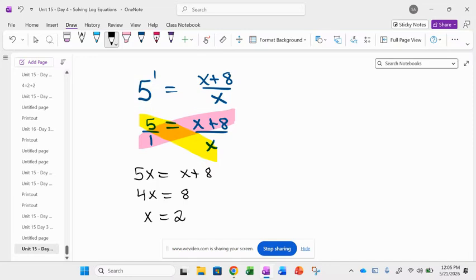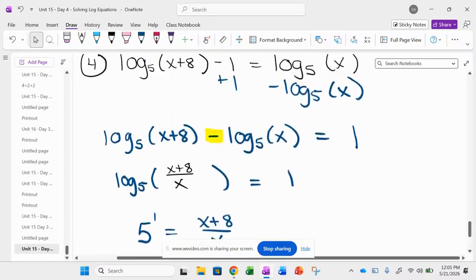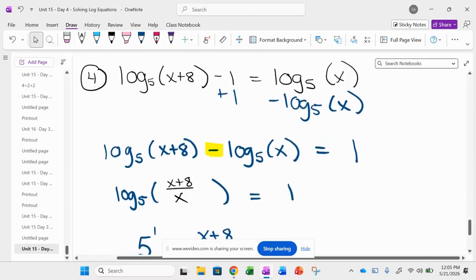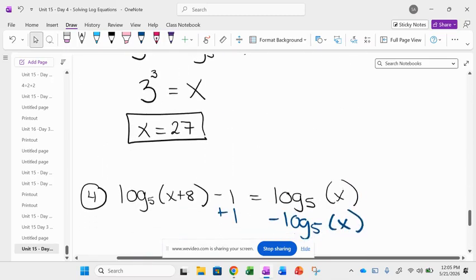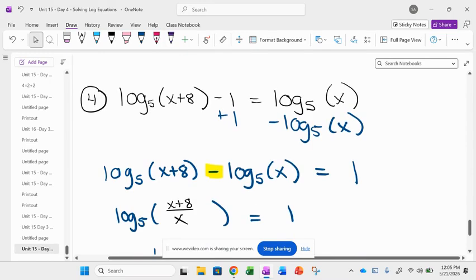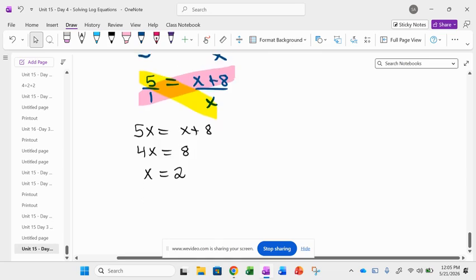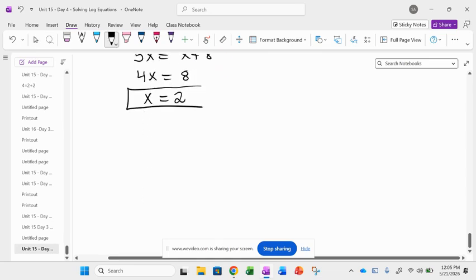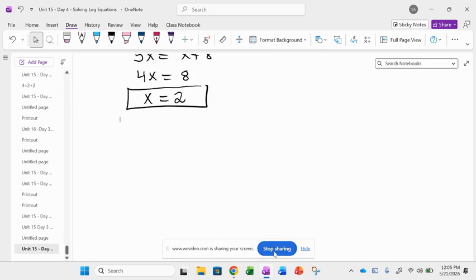Do I still have to check it? Yes, we still have to check the answer. So where do I go back to check this? The original. So if x is 2, 2 plus 8 is 10, we're good. 2 is still good. So we are set here. That's our final answer. All right, so we are done with